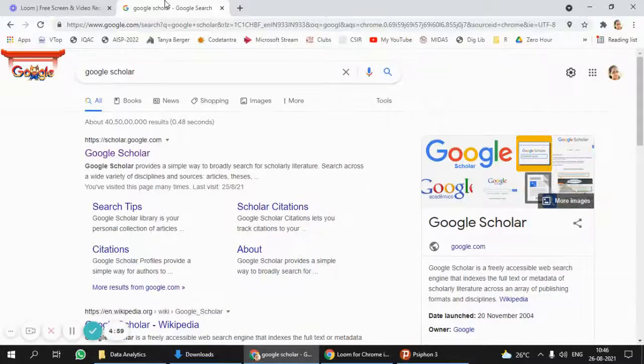This is how you will download the papers for your research work. So if you want to download some related works, this is the best way to do that. Just go to Google Scholar, the first link, scholar.google.com. Go to that site, and whatever project you want to do, whatever research you want to carry on, just